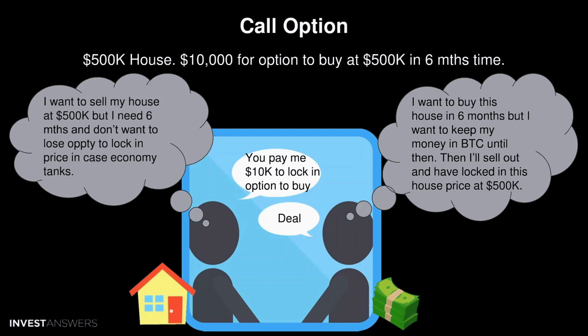Again, John needs a place to live for 6 months, feels the economy is going to tank, therefore he wants to lock in the $500,000 price on the house. Sarah wants the house. She doesn't have the cash right now because she wants to get the returns on Bitcoin first and then sell some Bitcoin to buy the house in 6 months' time. That's the plan. Now, in order to secure that deal, Sarah needs to pay John $10,000